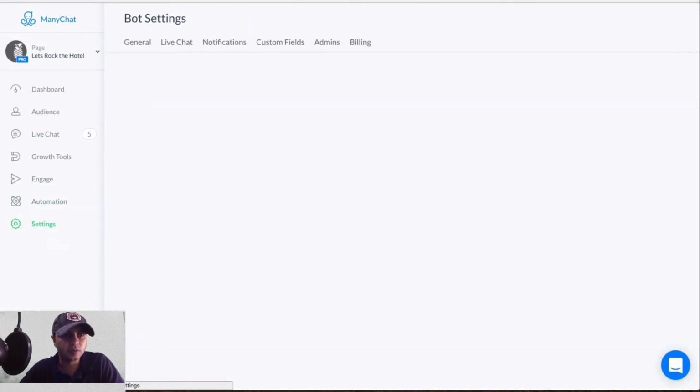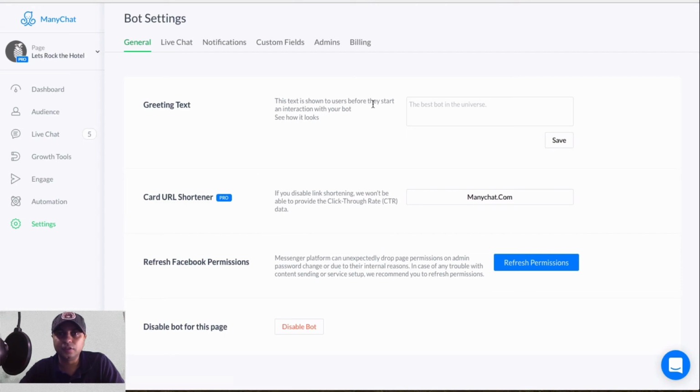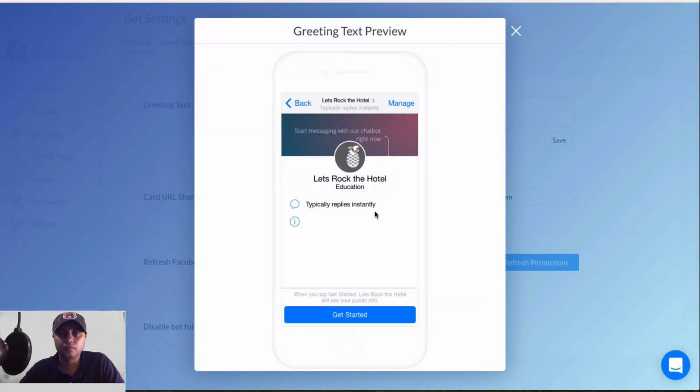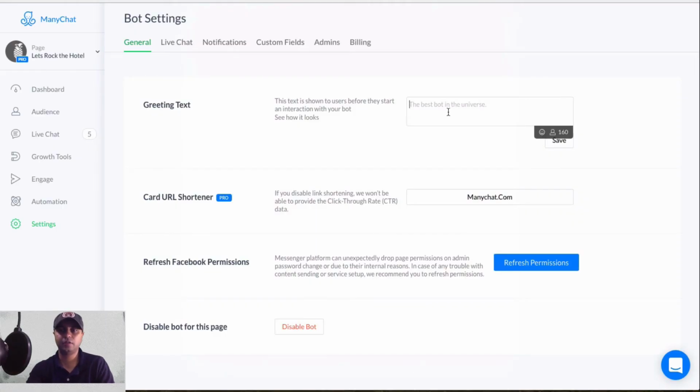And then the next option is settings. So in this, you can have your greetings text. This text is shown to your users before they start an interaction with your bot. See how it looks, and it would actually show up right here. So let's type something,